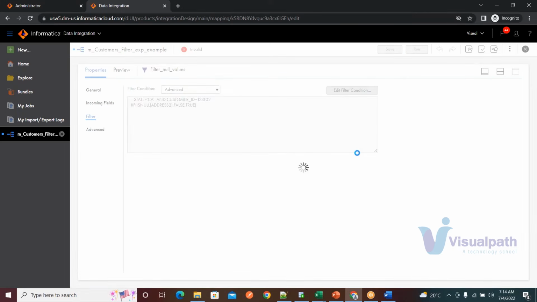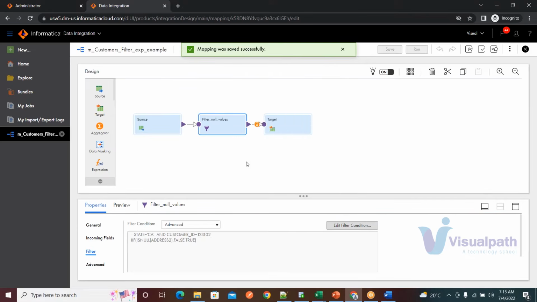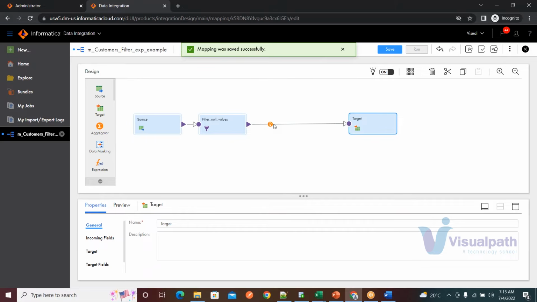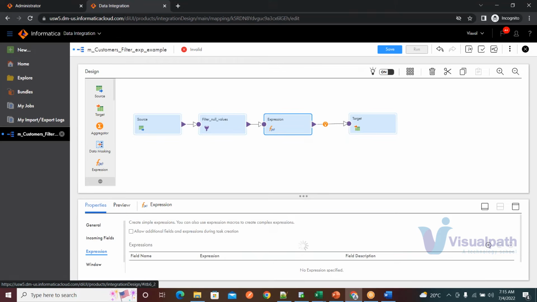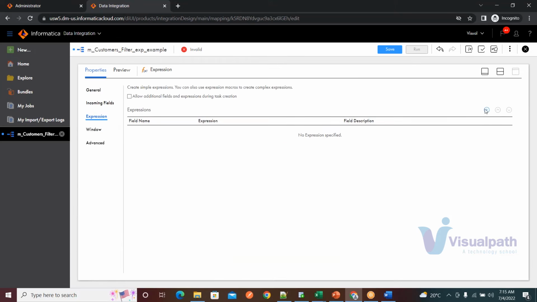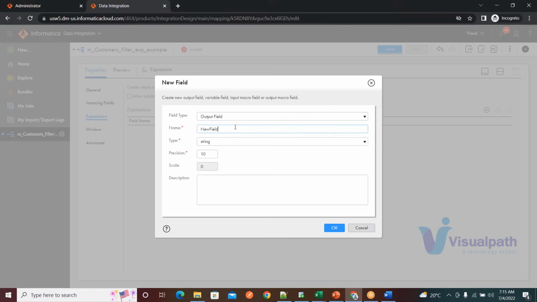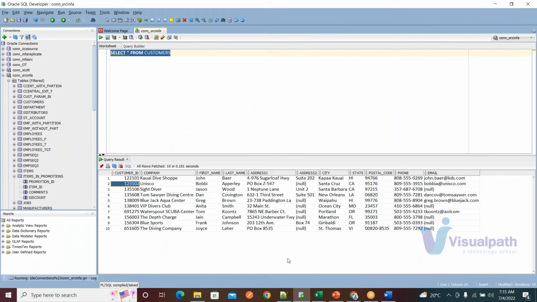Click on save. Right? And similarly, you can also have an expression here. Just drag it on the right side, and you can put in these values. Click on expression, and in the expression transformation, you go to expression editor and click on the plus icon, and you want to find